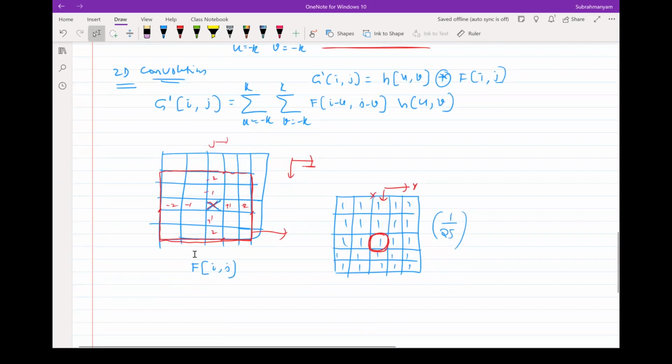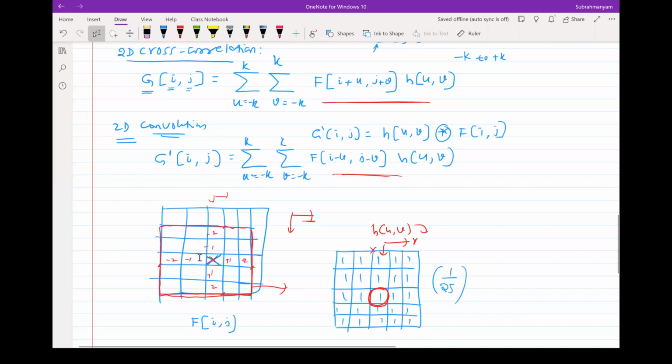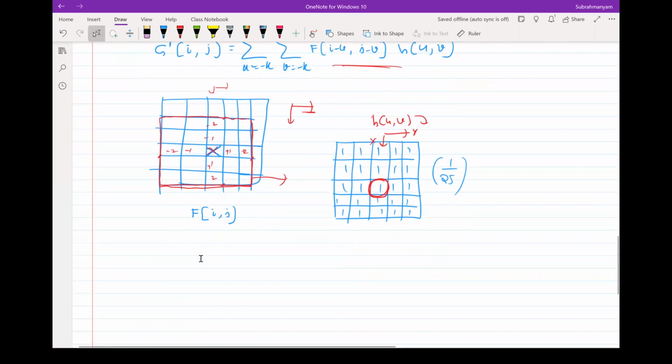Okay, and in another case, this is equivalent to, this is your h of u comma v. In another case, you just need to flip your mask and do it. So another thing you should be comfortable doing here is, how does flipping work in 2D? That's something you have to be clear on. To keep things simple, let me use just one neighbor here rather than two neighbors. That's my h of u.